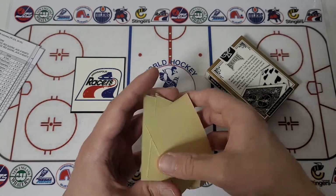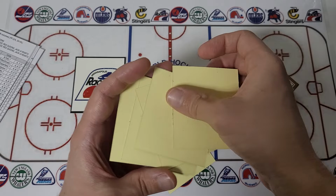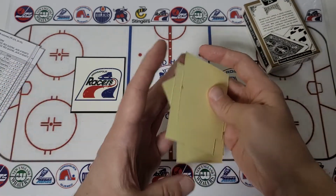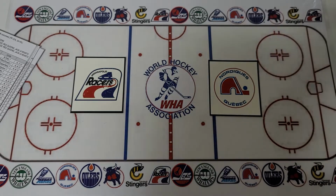We'll go with that. And for the home team, we'll do a little cut and draw here. Maybe we'll take this guy. So Quebec Nordiques. So Indianapolis and Quebec, the team, Gretzky's first pro team to be. Gretzky, of course, was 1 year shy of playing pro hockey at this point. He would have only been 16, 17 in